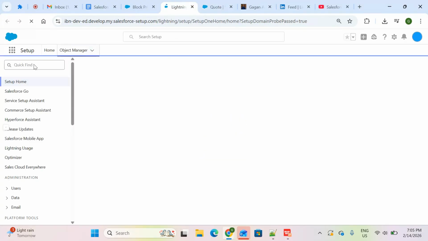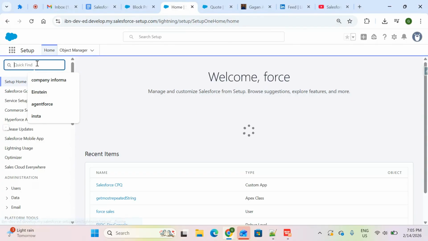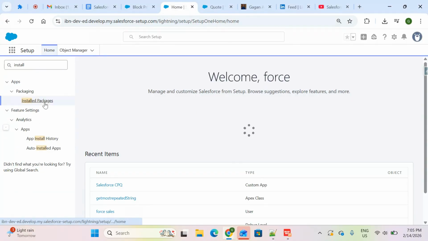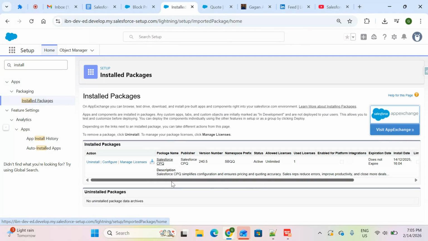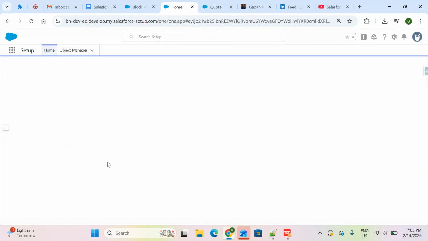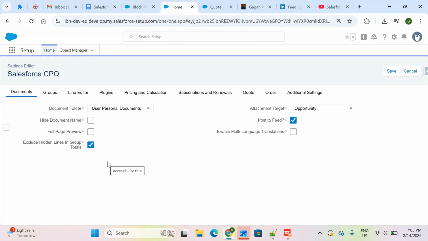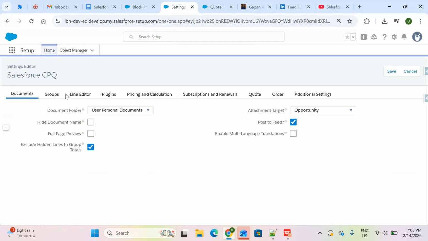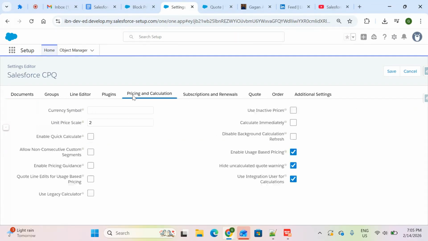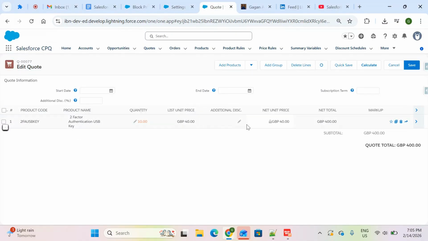For that, you can go to your installed packages and configure your CPQ license. There's an option called configure, and if you go to pricing, you can see Calculate Immediately. You can simply click this and save. Okay, this has been saved. Now if you go to your quote line item and refresh,